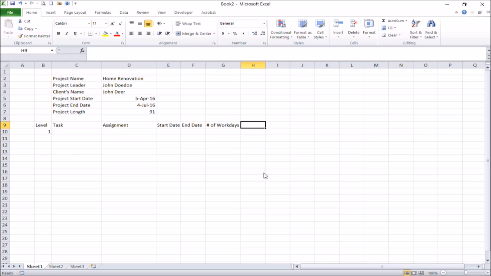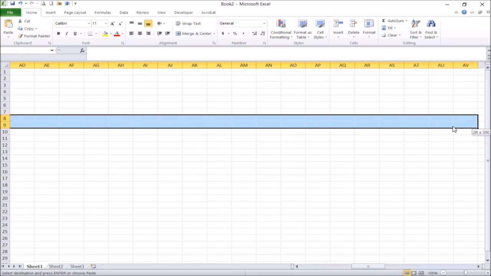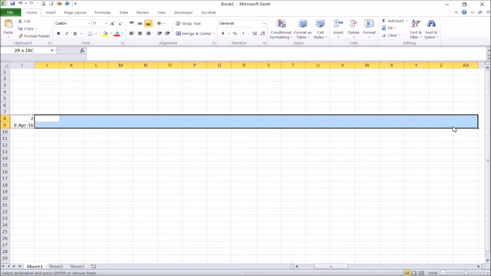Now I'll prepare columns for dates. The first date, which is put in the first column, will be the same as the start date of your project. And then after that, you can drag the first date to the right side of the table as many columns as you want.